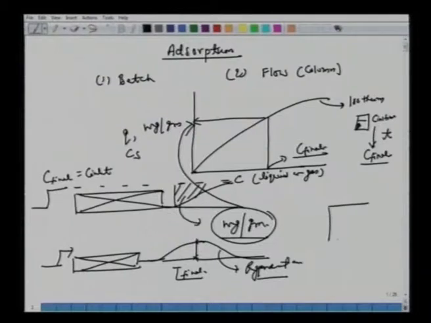In the batch experiment also, when we have reached the final concentration and the solid is now saturated, one has to take out the solids or remove this fluid and bring in fresh fluid to regenerate this. Okay, so we have adsorption and then we have desorption. Of course, it's a reversible reaction, so whenever you have adsorption, there is a reverse rate also, and when we are regenerating it, there is an adsorption rate as well. But in one case the adsorption rate is larger, in another case the desorption rate is larger. So start with a fresh solvent till the solid becomes saturated, then regenerate to make it fresh again. Okay. So industrially, how will you do it?